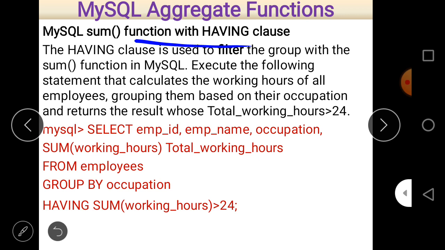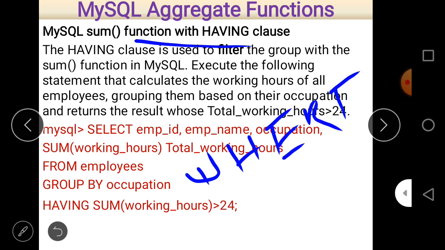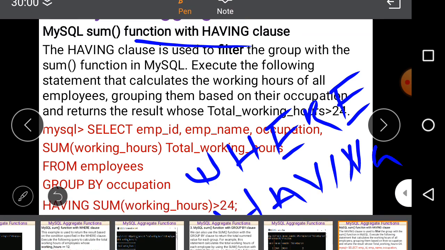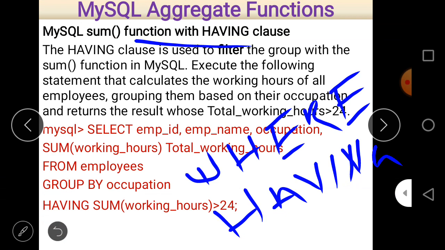Now this is similar to the previous one. The only difference is that when we have a condition on our group, remember, a condition on a group, not a normal condition. If we want to put a normal condition, then we can use the where clause, but if there is a condition on a group, then we only use the having clause. So having is used only with the group by clause, first thing. Second thing, if there is a condition on a group, then we always mention this condition with the having clause.